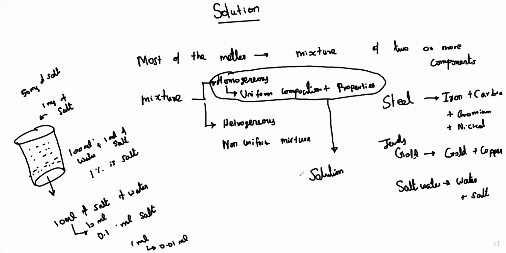Every material we face in our day-to-day life mostly consists of 2 or more components mixed together. So in chemistry, the study of solutions is one of the most basic topics. In this chapter, we are going to study about